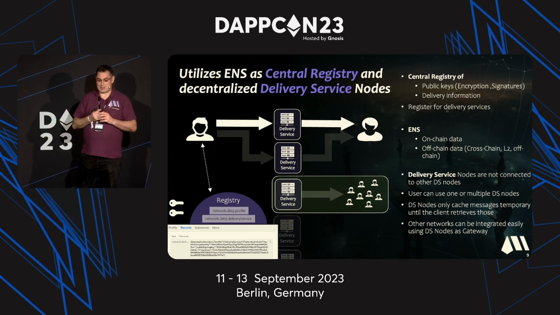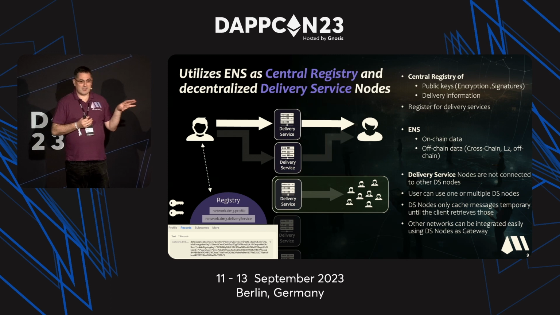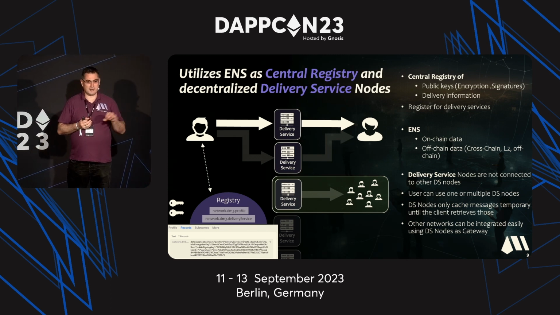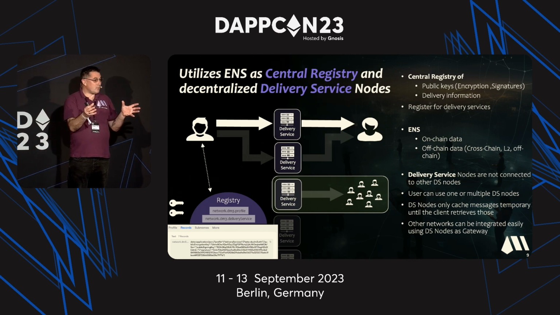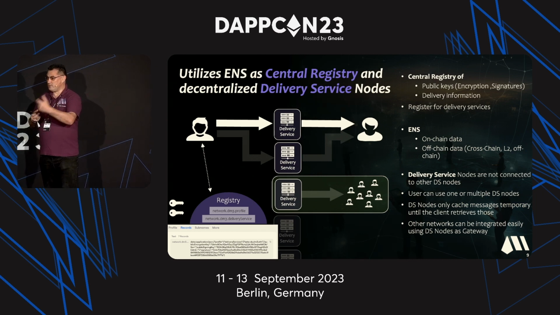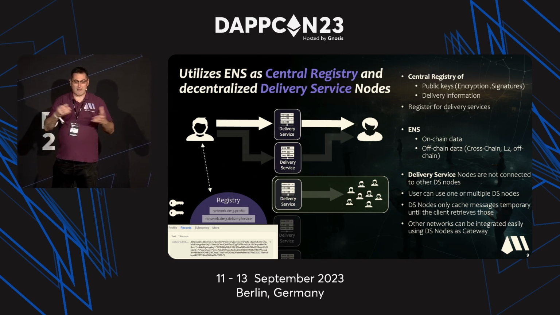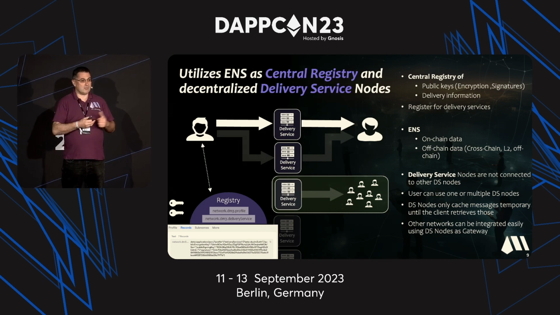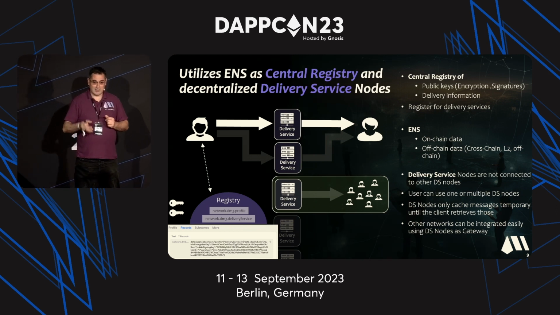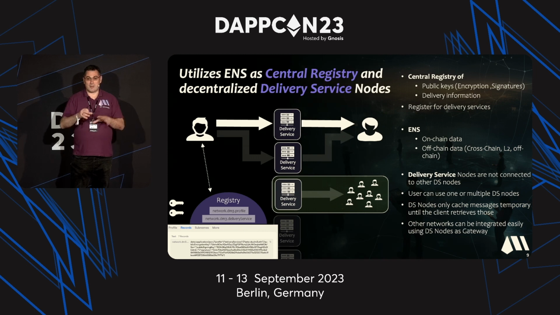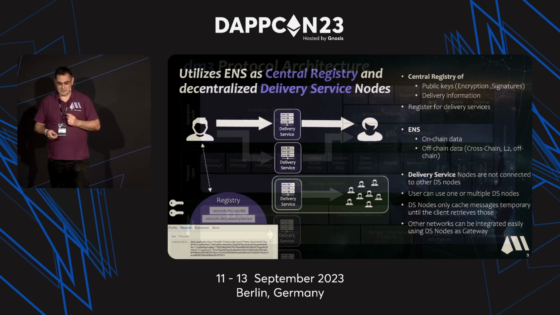work with this message. And also these delivery services can act as gateways to other ecosystems or other services. For instance, if there is another network which is also providing messaging, they can use a delivery service to receive the DM3 message and inject it into this other network. And with this, we have a very easy way to connect to other services. Even if these are centralized or decentralized services, we don't care. This delivery service network makes it possible to have these gateways to all of these systems.